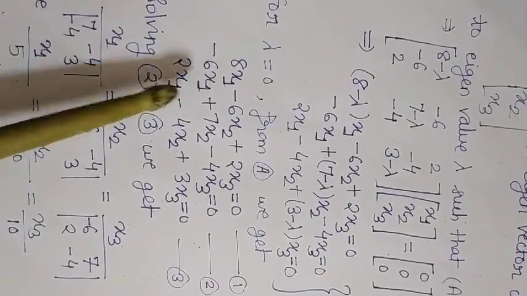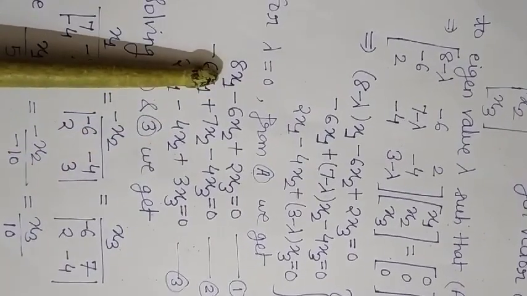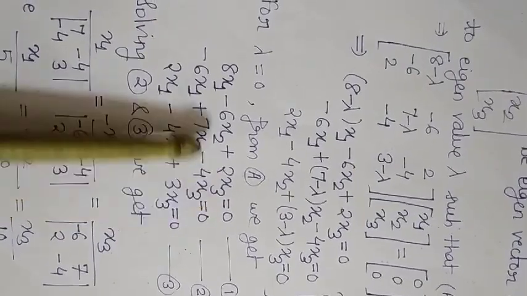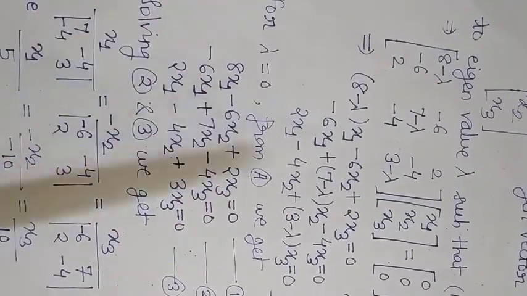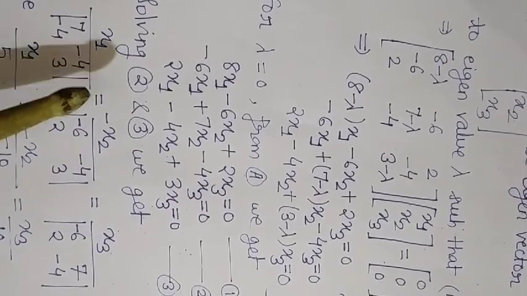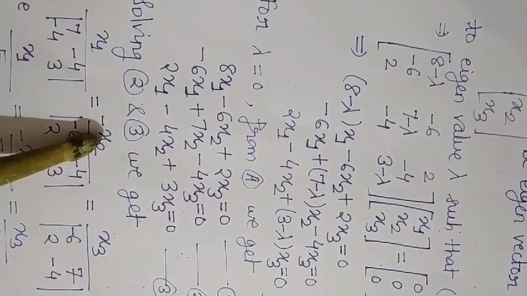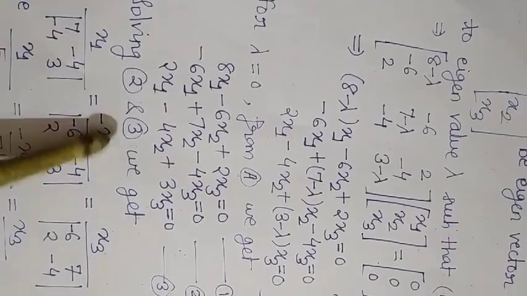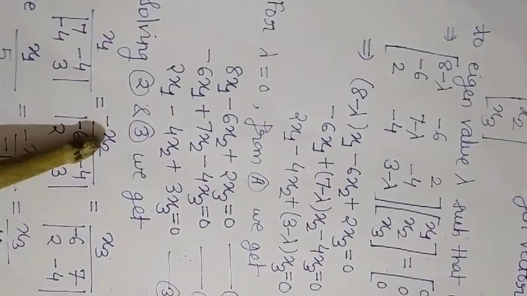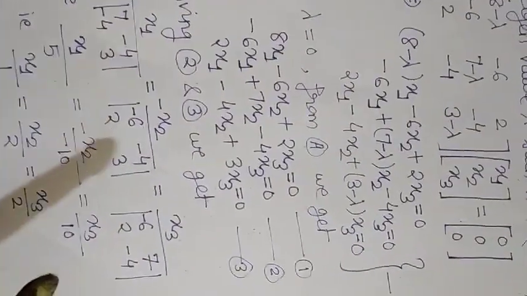So it is x1 upon, what we will do, leave the coefficient of x1 and write down the remaining ones in the given sequence. So we will write the determinant 7 minus 4, minus 4 3 equal to, next we will assign negative sign, so there must be alternate plus minus sign to the variables. So we have started with x1, next will be minus x2, then x3, and if next comes then it will be minus x4, like this.